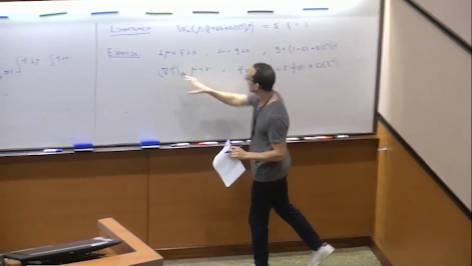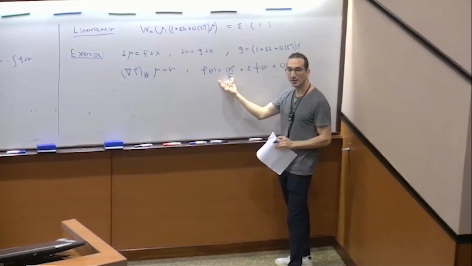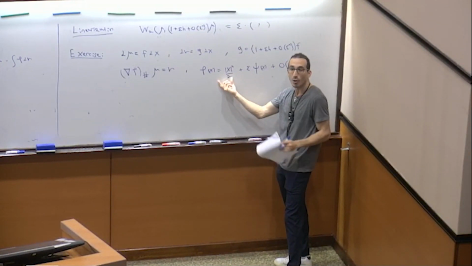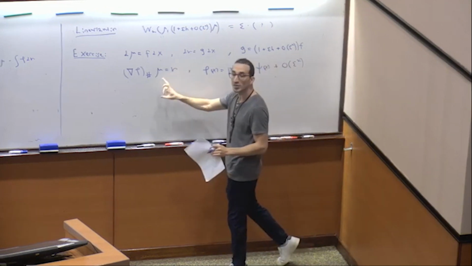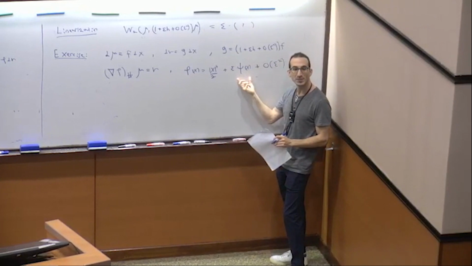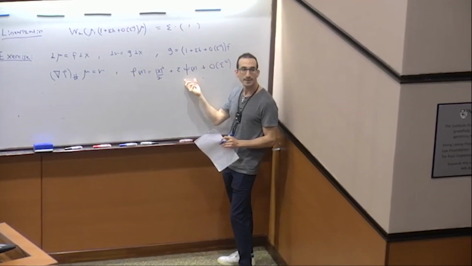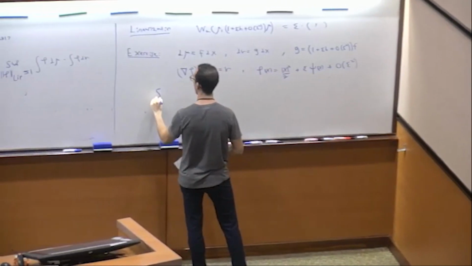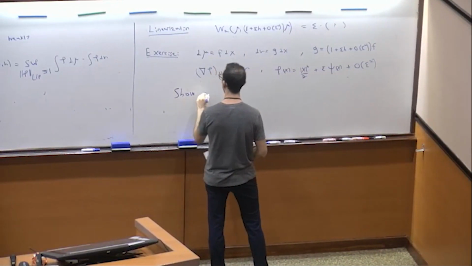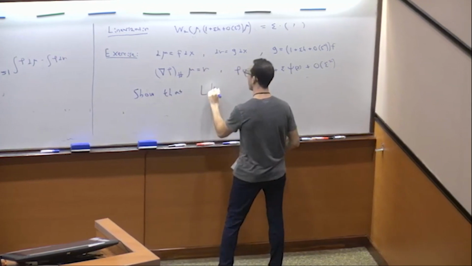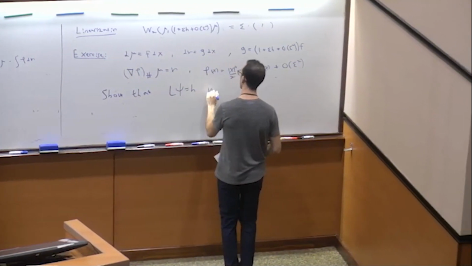If you take the gradient of phi, the first term is just going to give you the identity, and that captures the fact that this Brenier map is almost the identity because nu is almost mu. But then there's some correction, and we just call that correction psi. Okay? So this is the setup, and here's what you need to show. Show that L psi is equal to h, where